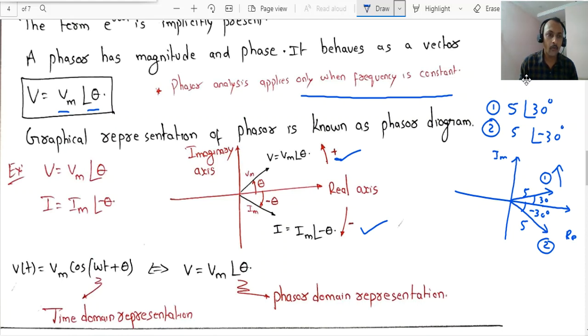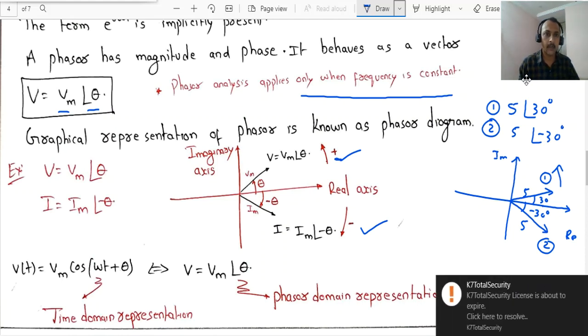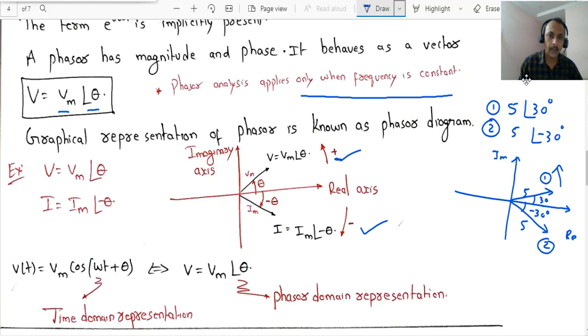Now V equal to Vm at an angle theta. This is the phasor representation, and this is the diagram. So you have drawn a line of length Vm units and at an angle theta. I equal to Im at an angle minus theta. Now you have drawn a line of length Im units at an angle minus theta. You have rotated in the clockwise direction. Now observe,